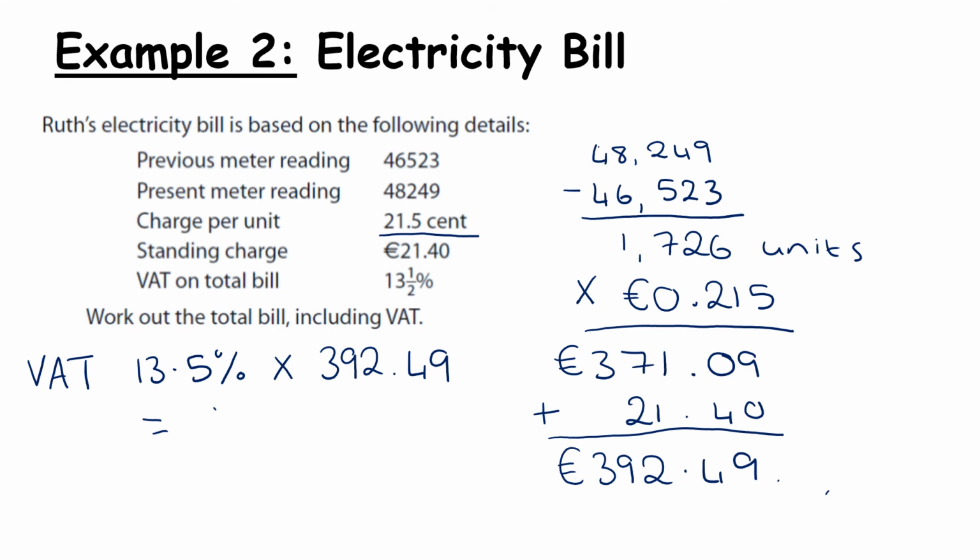That's perfect. The VAT that we pay is 52.98, and when we round to 2 decimal places, 52.99. And we're going to add this on here, 52.99, and that gives us our final answer